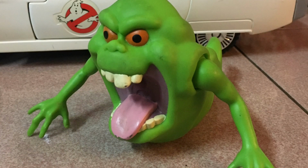Okay, now we're at number 2, and there's no way that I could do this countdown without bringing in Slimer. Now Slimer here just looks fantastic all around. The figure is made out of this soft rubbery material, but all of the paint applications still manage to come off looking terrific. Everything stands out. The green is really green, and the sculpted expression from his crazy eyes to his open mouth and exposed tongue